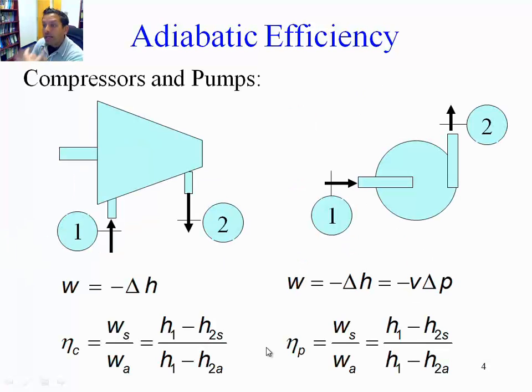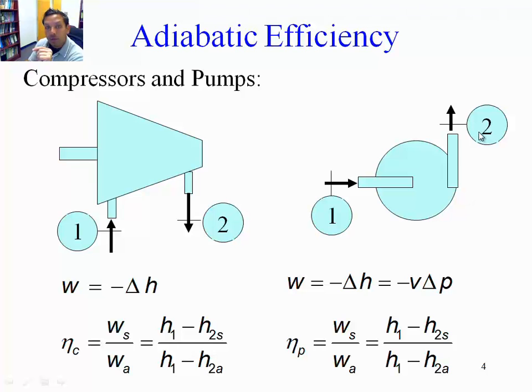Now, on the other hand, we have compressors and pumps. And remember, compressors and pumps are power-consuming devices. The work is input through the shaft in order to increase the entropy of the working fluid. Okay, they operate exactly opposite to a turbine. Same way in a pump. In a pump, the power is input through a shaft in order to increase the entropy of the working fluid